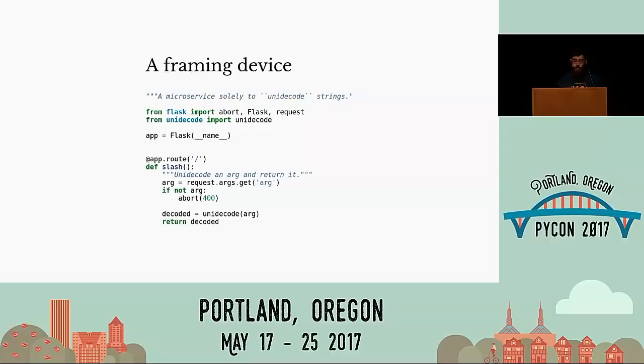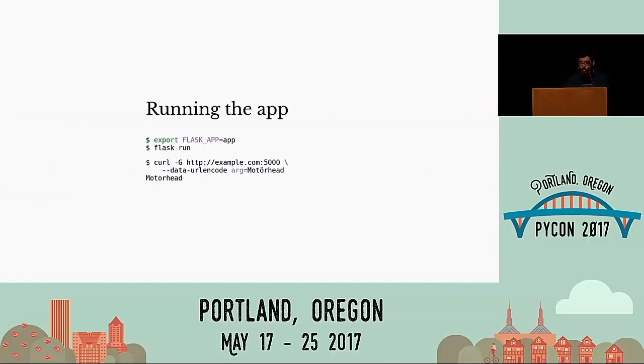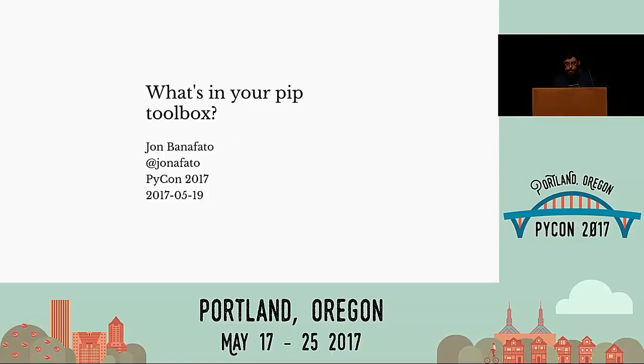Before we care about dependencies, we need an application. So here we have a framing device. It's a trivial, contrived microservice we need to install dependencies for. This is a Flask application that translates Unicode to ASCII. So now we run the app using the Flask CLI. We have a working microservice that successfully